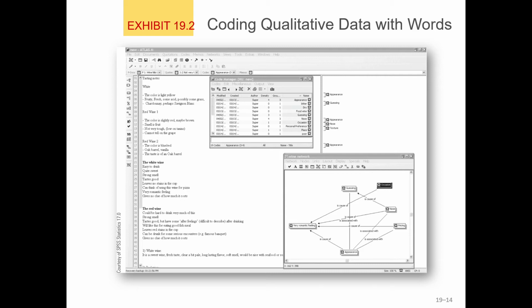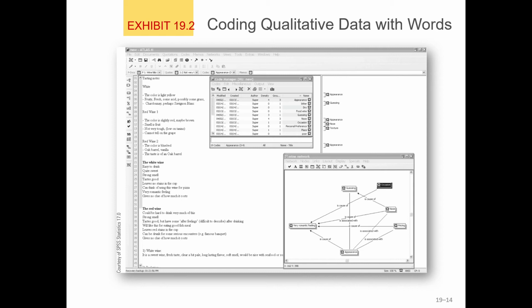Coding is facilitated by the use of qualitative software. After you read the text several times and apply a word counting routine, the researcher realizes that appearance, the nose, the aroma, and guessing, trying to guess what the wine will be like or what type of wine is in the glass, are important themes. So a code is assigned to these categories. In the same way, other codes are assigned as shown in the code window, and the density of the columns shows how often a code is applied.